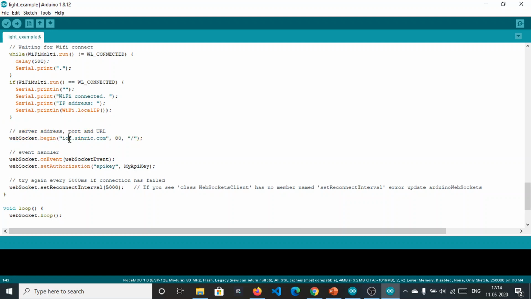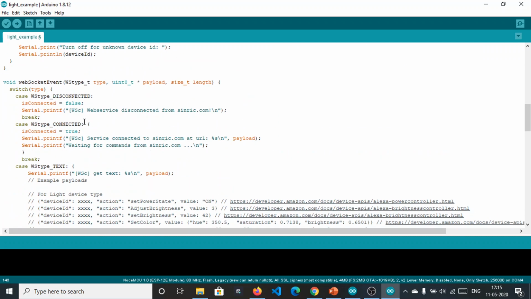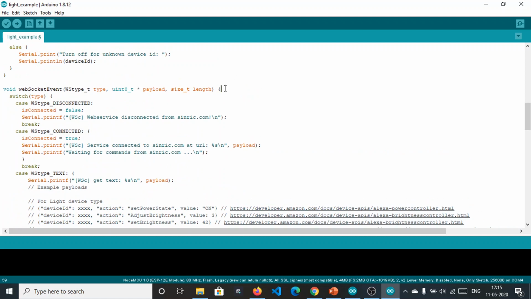Now the event handler. You know about WebSocket that for a specific topic, we are sending data. So when something comes to some specific topic, we get data, and this WebSocket event is called, which we have already seen. This whole thing, WebSocket type, payload, and length.